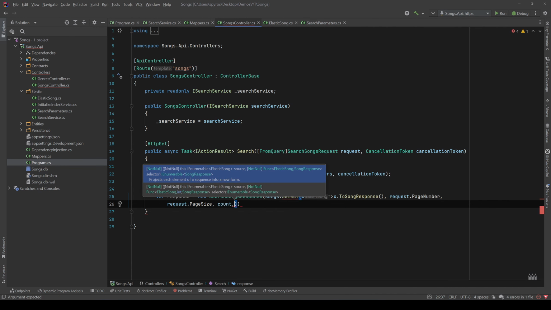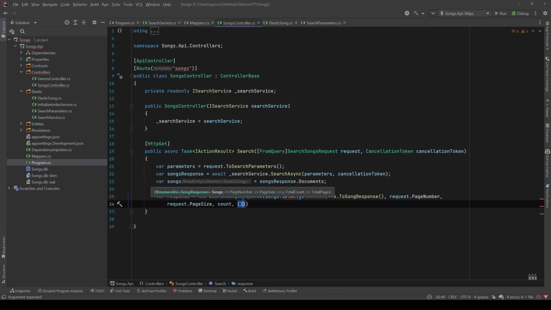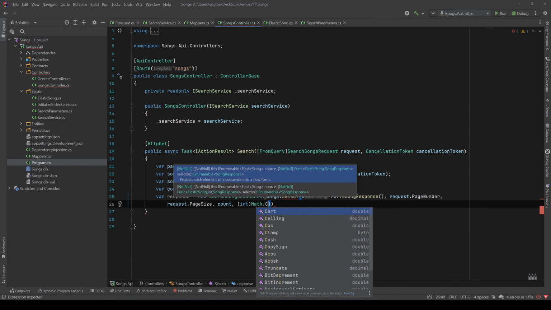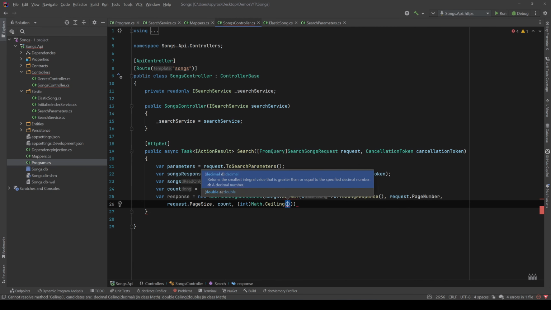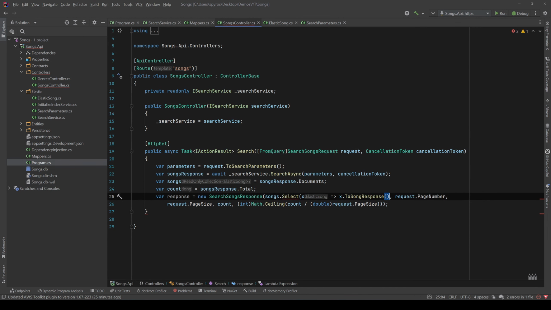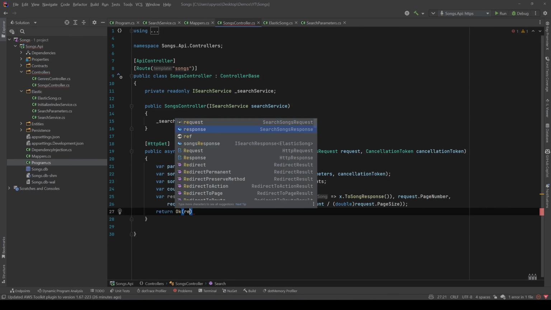and now to calculate the total pages. So that would be an int, and we will use the Math.Ceiling method, and there we'll have the count divided by the page size as a double. So request.PageSize, and we need to close this parenthesis over here and remove that from here, and let's finally return the response. So return Ok and the response,